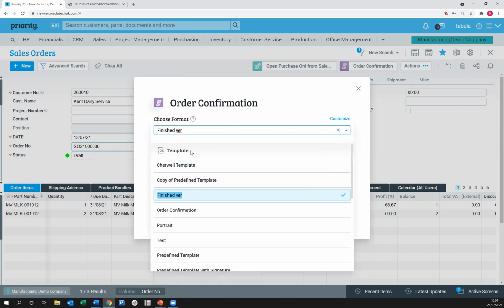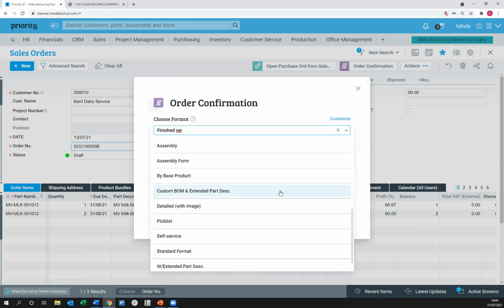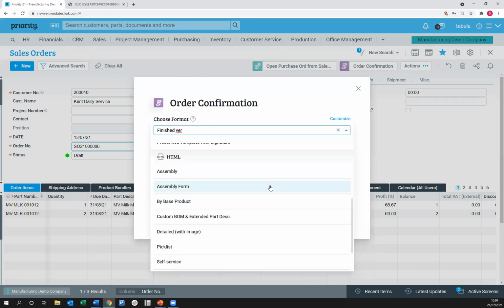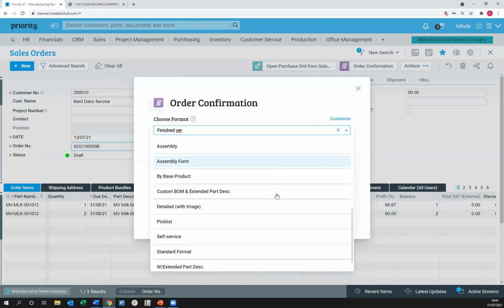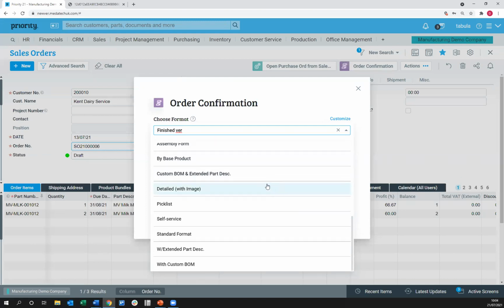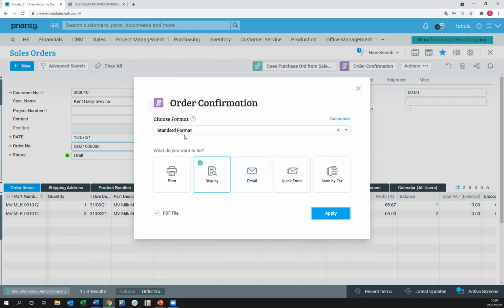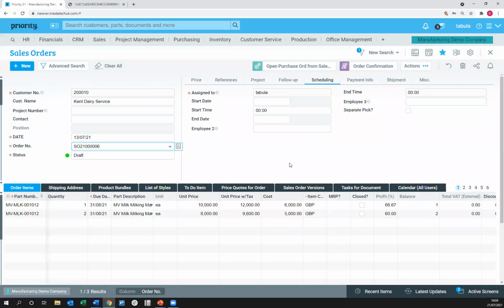If we drop down this arrow here, we can see all of the available templates. We've got Word templates at the top, which we'll talk more about later, so different selection of them there. And then we've got the out-of-the-box priority documentation versions. So most documentation has a standard format option, as you can see here. This provides a basic overview of the document data. This print format shows all the information that you'd expect to see. So if we just open that up,